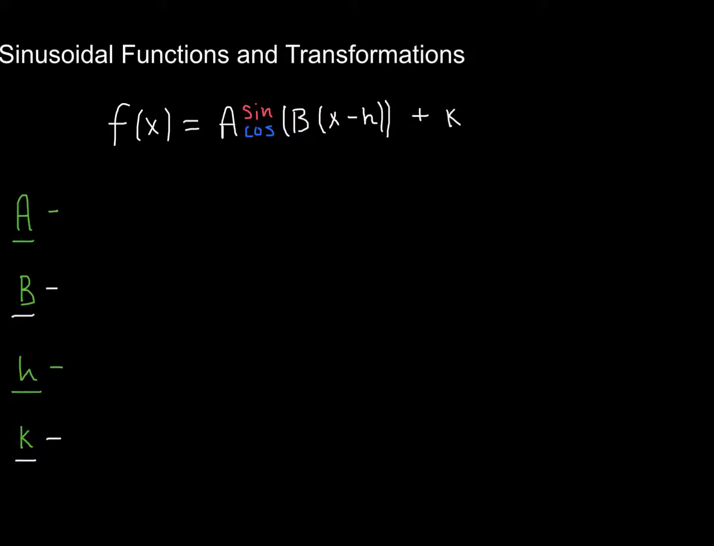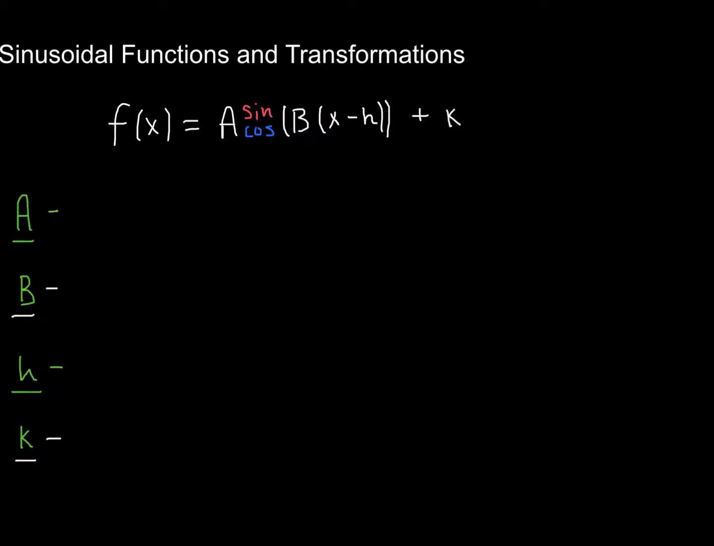Alright, let's look first at the value of a. If a were greater than 1, as I multiply something by bigger and bigger values, that will stretch my function. Remember, sine and cosine have a max and min value of 1 and negative 1. So if a were 3, for example, all of a sudden my max and min would now be 3 and negative 3. So it would be stretching my function